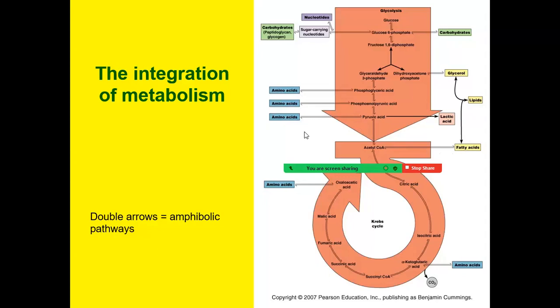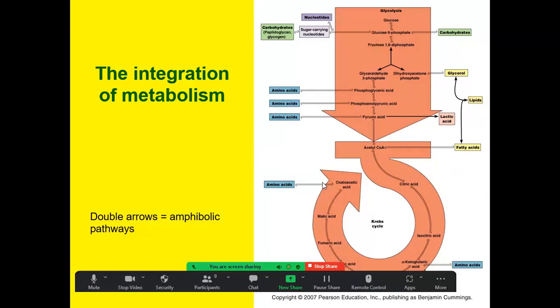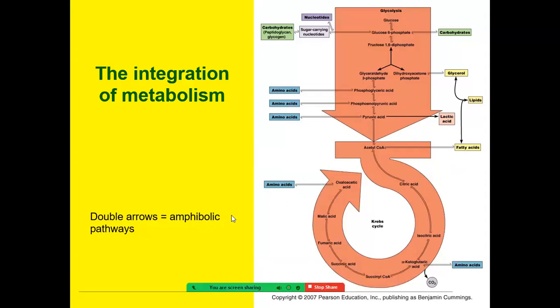Humans are not very good at going both ways in their reactions, but with these reactions, they can go both ways. And green plants are much better at going both ways. So they're more amphibolic than humans, for example. Any question about any of that?